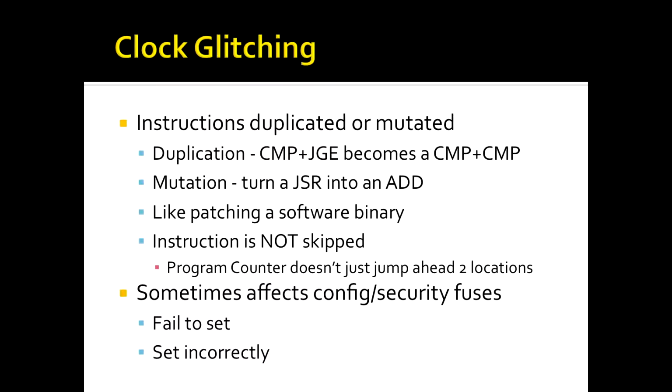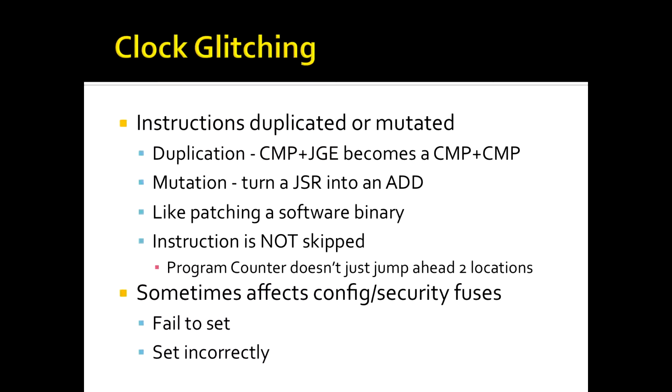And so basically the destination flip-flop, from the source to the destination as the signal's propagating, you clock it ahead of schedule. So the device will basically latch invalid data because the correct signal hasn't propagated its way towards the destination flip-flop yet. So what'll actually be happening is instructions in the CPU core will either be duplicated or mutated. So what would happen with a duplication is, let's say the real program had a compare and